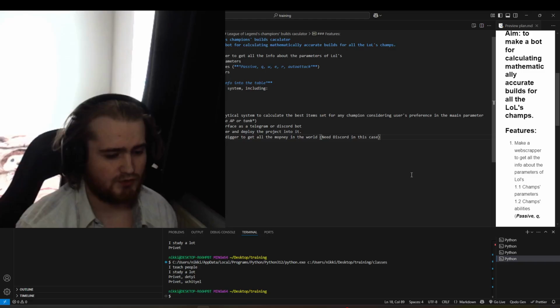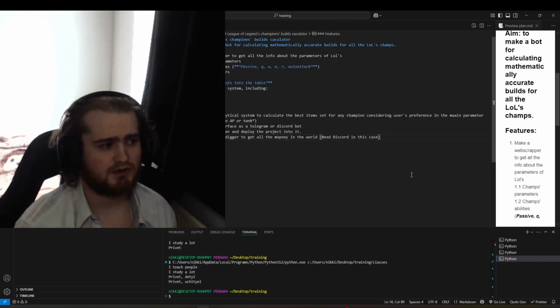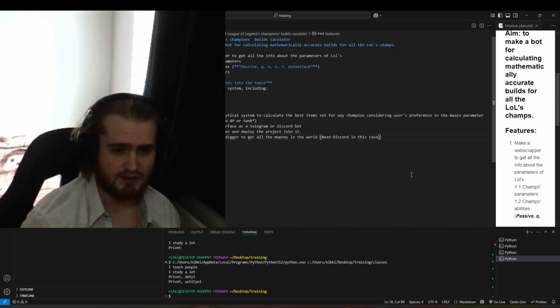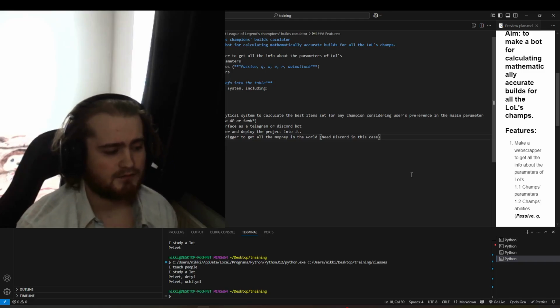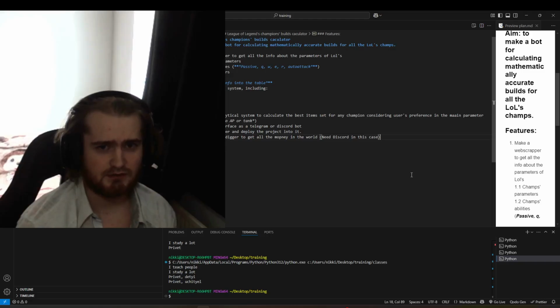So, recently I decided to start playing League of Legends, and everybody who's familiar with this game knows that it is very important to know which items to buy during the battle. There are lots of different services like Blades or others, but most of them provide information and give recommendations according to statistics, according to what people build, right?